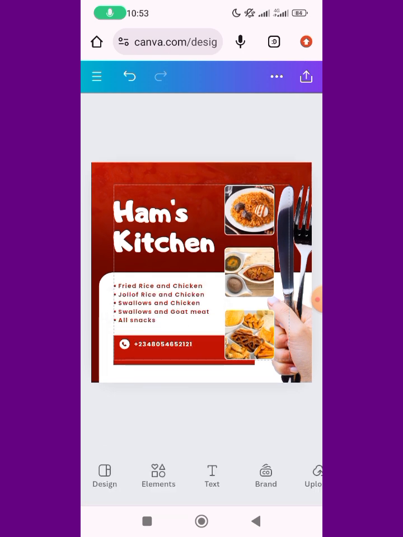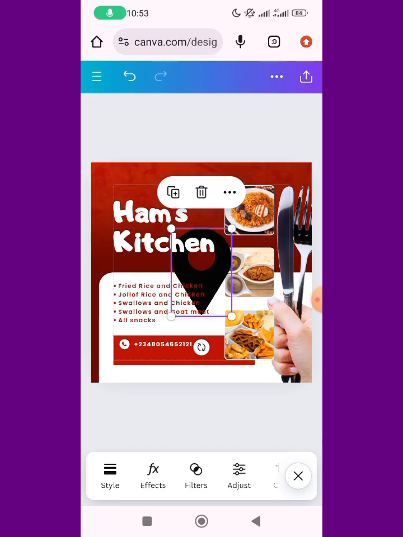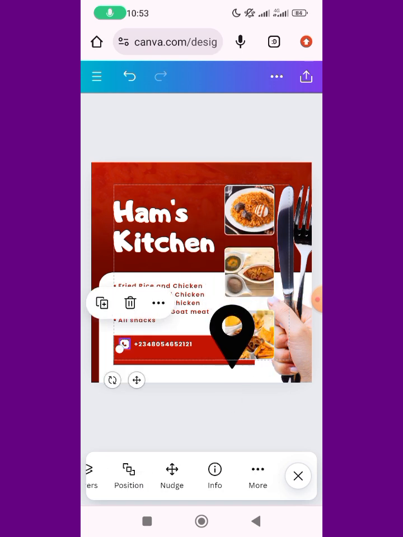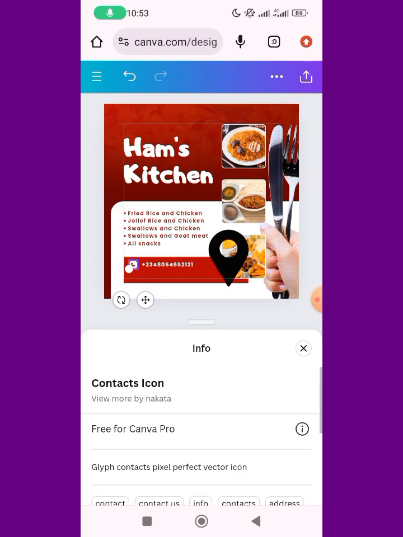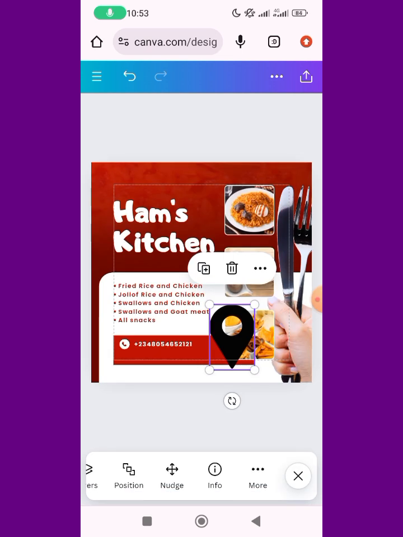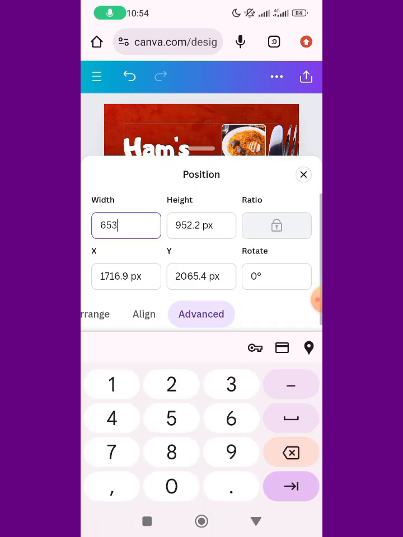The next thing for us to do is to go to elements and get the location icon. Let me quickly tell you the name of this phone icon, the contact icon. Click on this again, go to info, and this is the location pin icon. Go to advanced to change the size. For the location icon, you can just reduce the size and you're okay. It's 5.8, but because I want to be precise, I'll just use